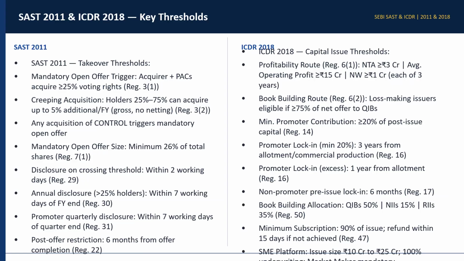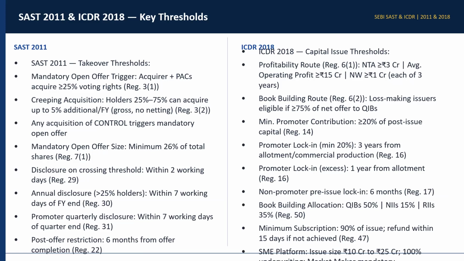दूसरा क्या है कि मान लो आप ये कर ही नहीं सकते क्योंकि आपकी लॉस मेकिंग कंपनी है, तो फिर उस केस में बुक बिल्डिंग रूट है। बुक बिल्डिंग रूट में क्या है कि लॉस मेकिंग इश्यूअर्स दे आर एलिजिबल इफ you are able to sell 75% or more of the net offer to qualified institutional buyers। qualified institutional buyers क्या है? बेसिकली जो म्यूचुअल फंड्स हैं, एसेट मैनेजमेंट कंपनीज हैं, एसेट रिकंस्ट्रक्शन कंपनीज हैं, बेसिकली वो। दोज हू हैव द नॉलेज अबाउट द कंपनीज, अबाउट इन्वेस्टमेंट। तो सेबी भी ये समझ रही है कि भाई अगर वो लोग 75% खरीद रहे हैं तो फिर कोई दिक्कत नहीं।